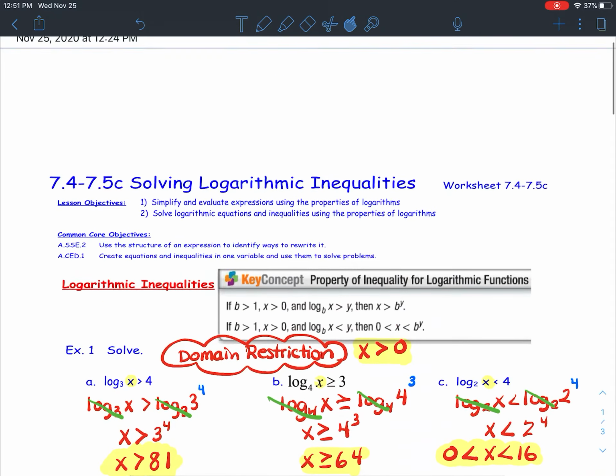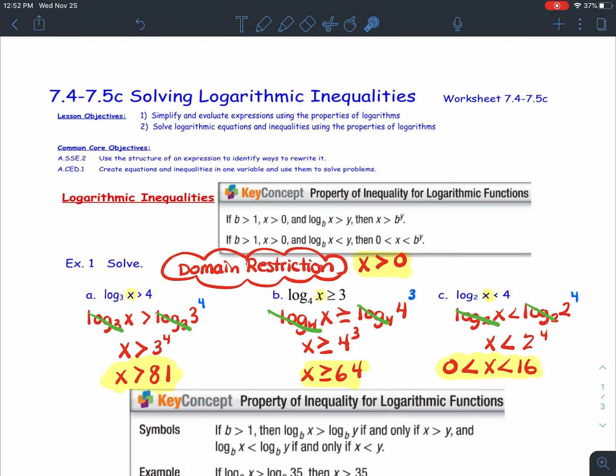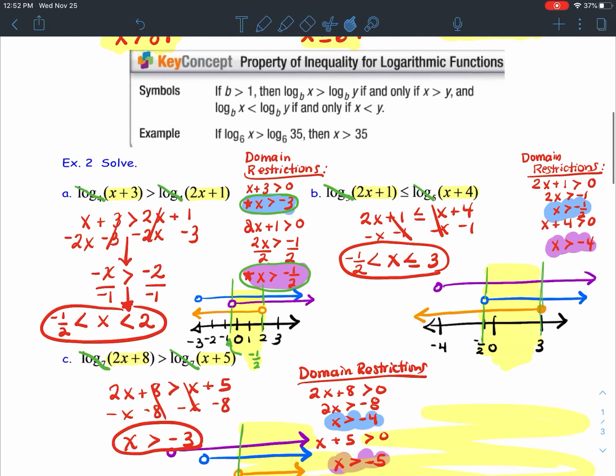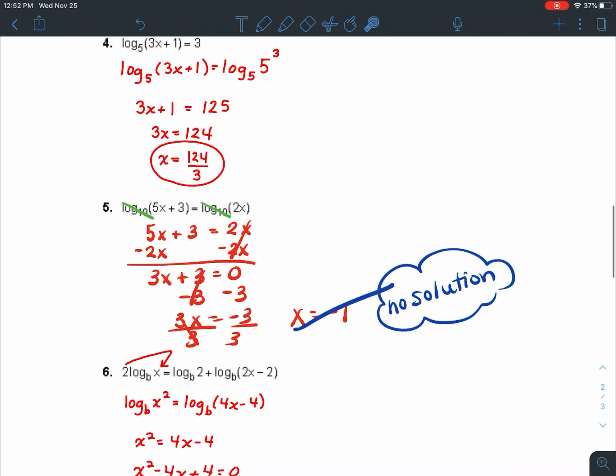All right, I believe there are a few problems on this worksheet that you can go ahead and try. Some of them are inequalities, where you'll have to do this domain restriction at the beginning. If they are equations, these are the ones where, when you get to the end, you are plugging them back into the arguments to check to see whether you need to